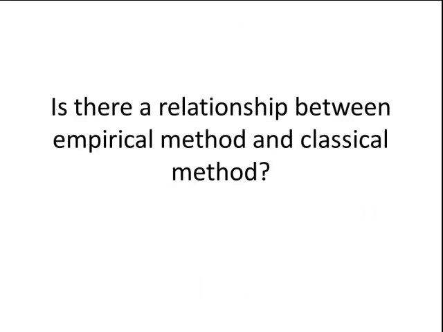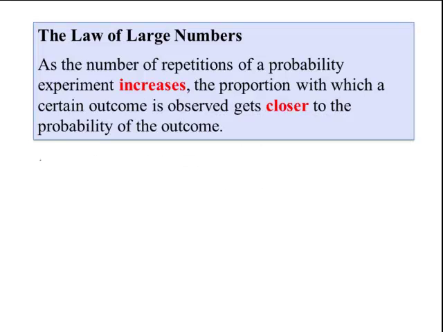Is there a relationship between the empirical method and the classical? And the answer is yes. This is known as the law of large numbers. Basically what this says is, as the number of repetitions of a probability experiment increases, the more you do it, the proportion in which a certain outcome is observed gets closer to the probability of that outcome. So as you increase the number of times you do the experiment, that proportion gets closer and closer to the